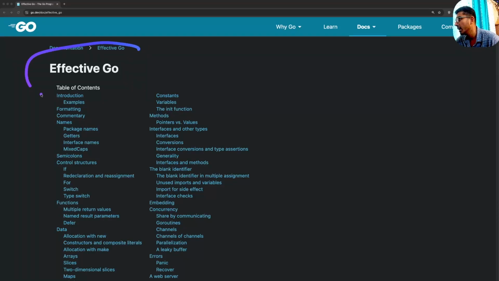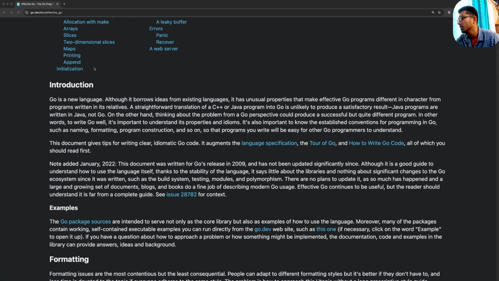Next up, we have Effective Go. Now, this is a document that is written and maintained by the Go team, the people who have built the language. And this document is all about all the conventions, idioms, and standards that one should follow while writing Go code. And the reason it is written is because a lot of people from a lot of different ecosystems and